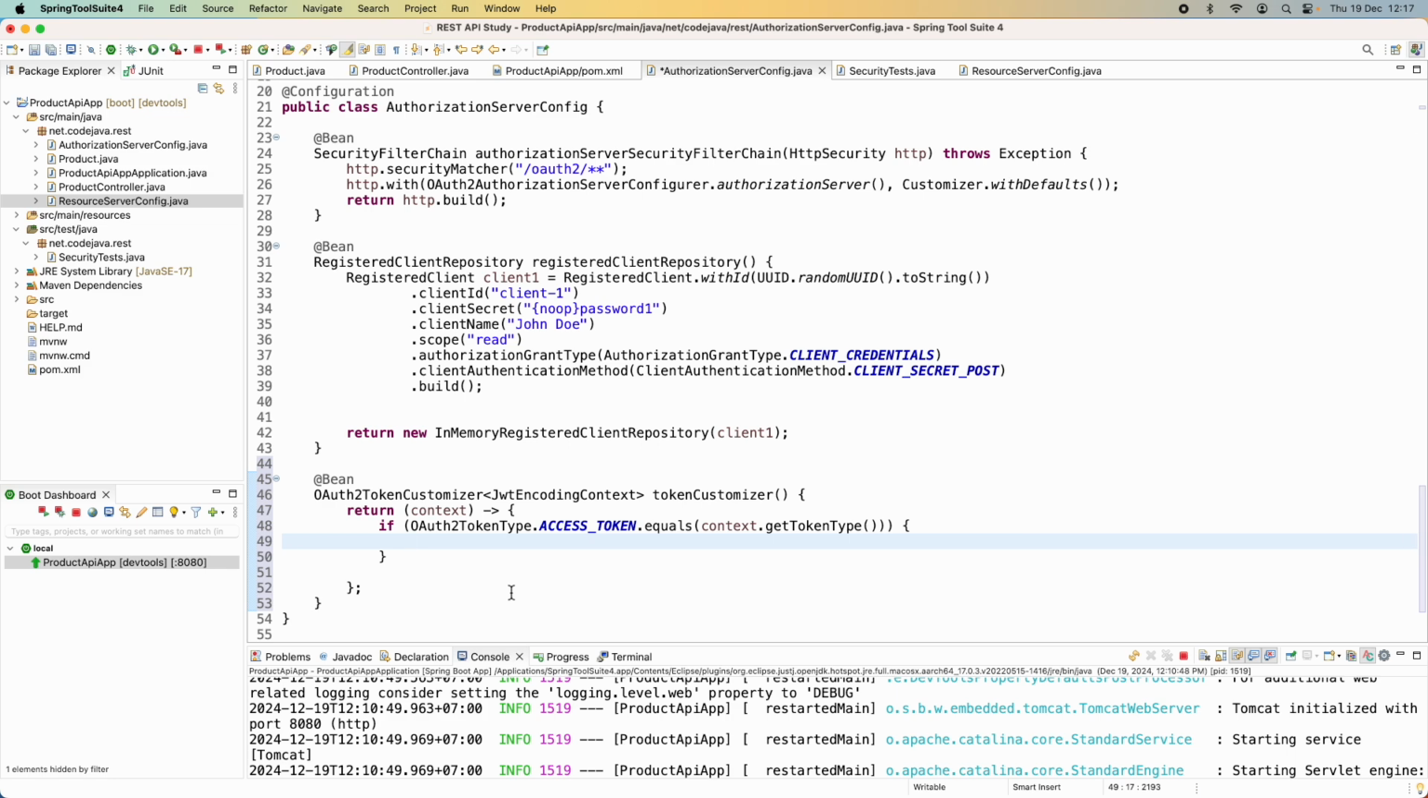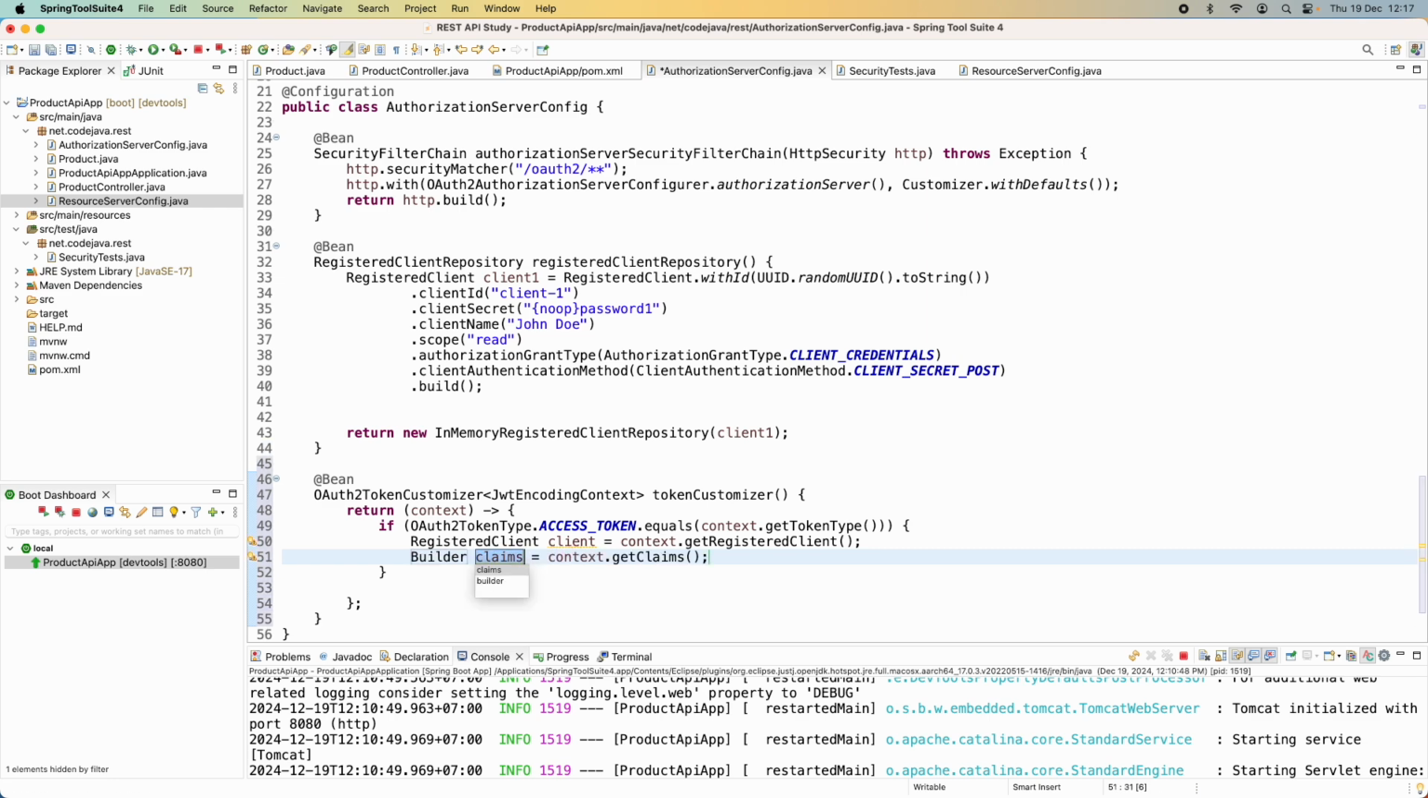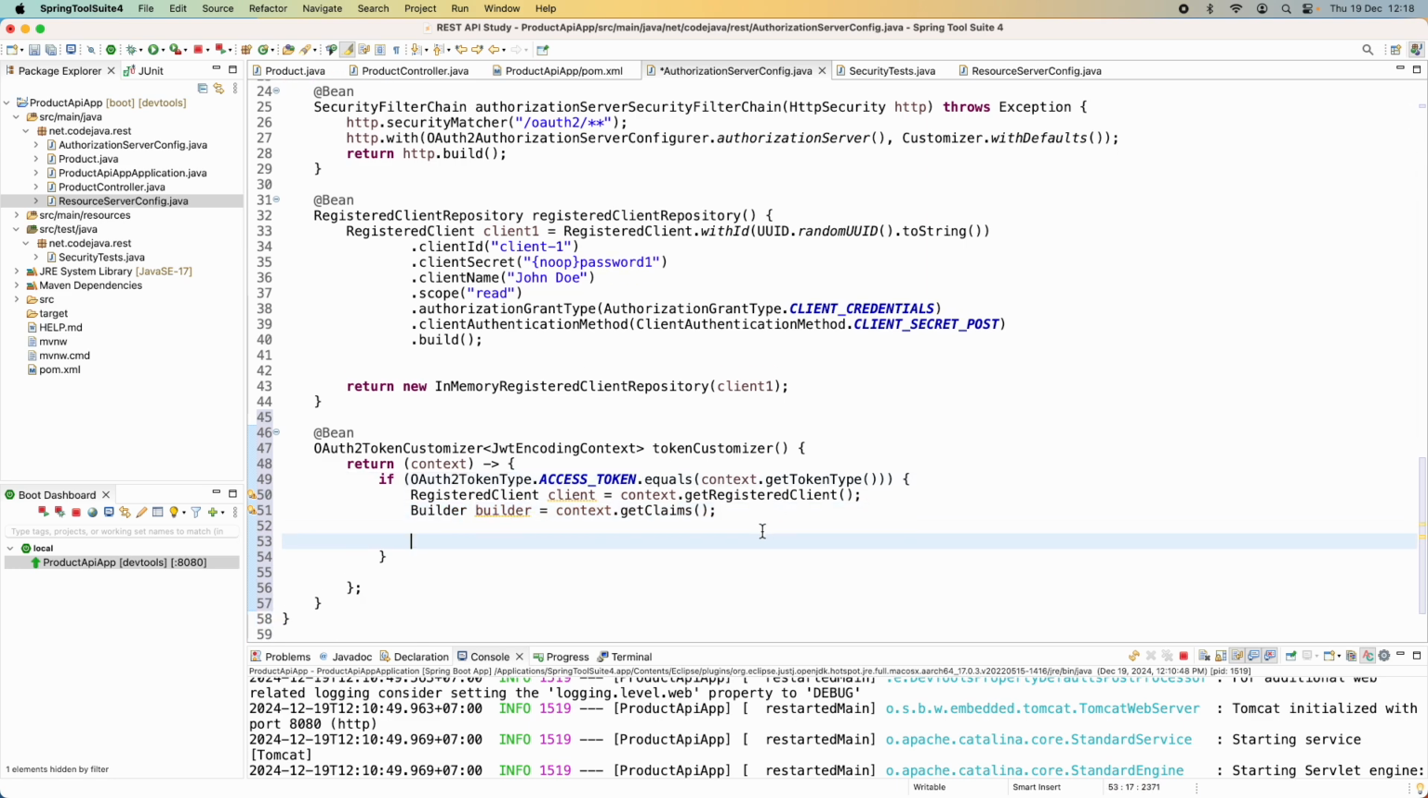Firstly, we get the registered client object, the registered client object returned by this method here. So we call context.getRegisteredClient. It returns a new RegisteredClient object, just client. Then we get a builder object: context.getClaims. It returns the builder object. Okay, from this builder object we can add, update, remove claims in the generated access token,